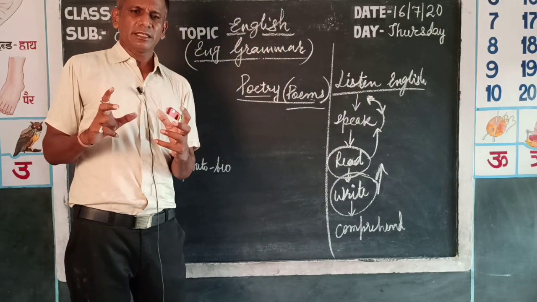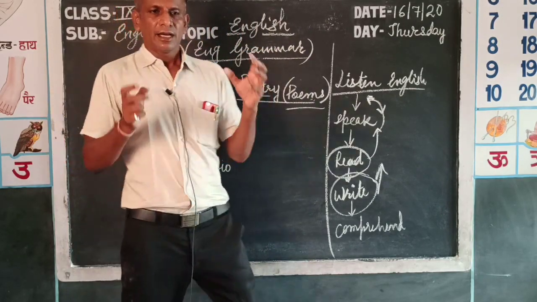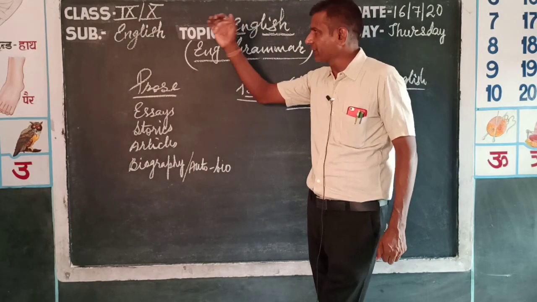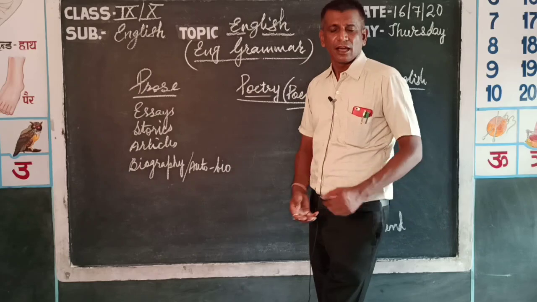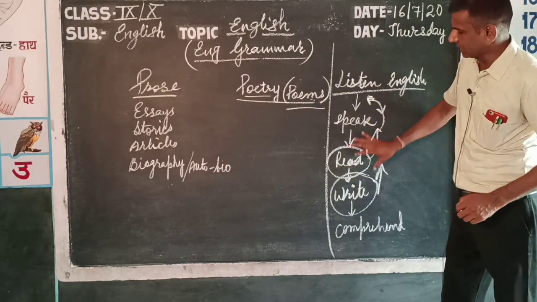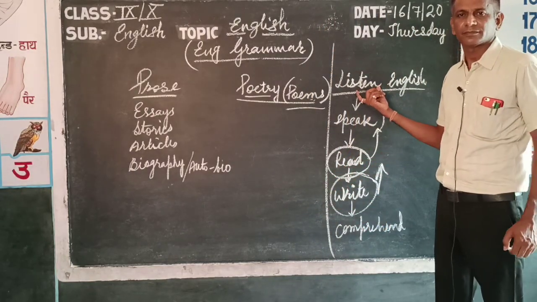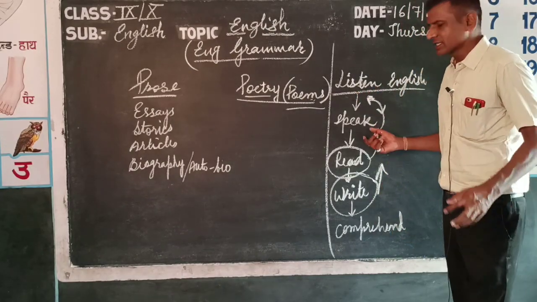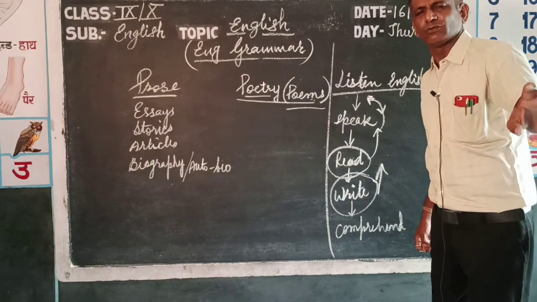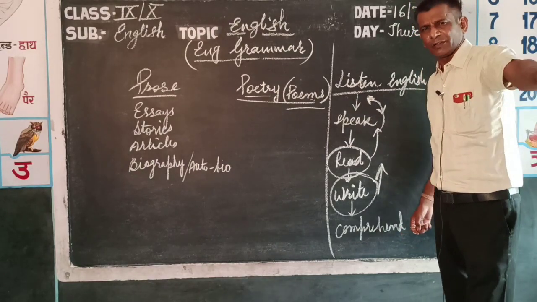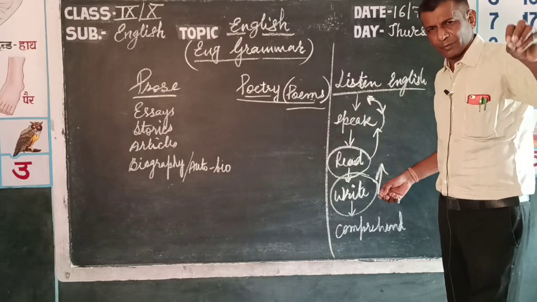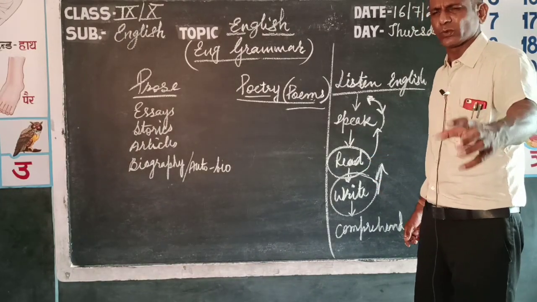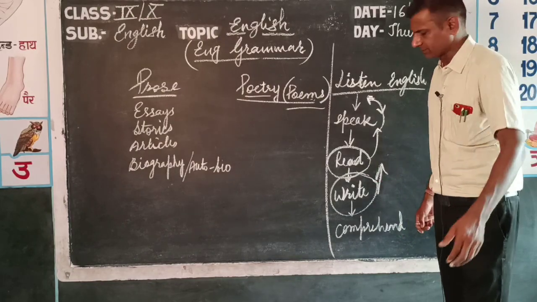So in conclusion, when you study your English subject, whether you are in 9th or 10th class, you must focus on these things and start from here. Start listening to English daily, 20-30 minutes. Start using the small words which you have learned in the previous classes. Read daily 15 to 20 minutes, loud reading.